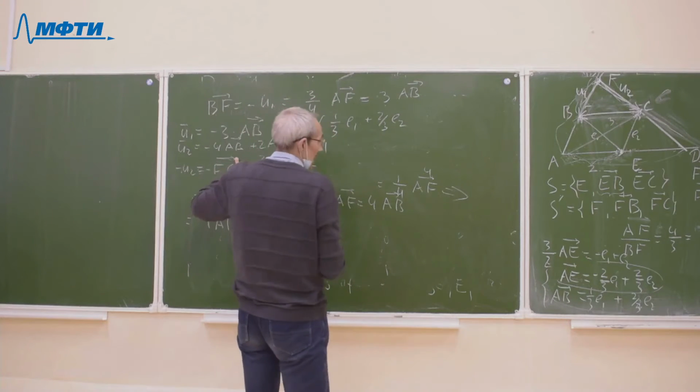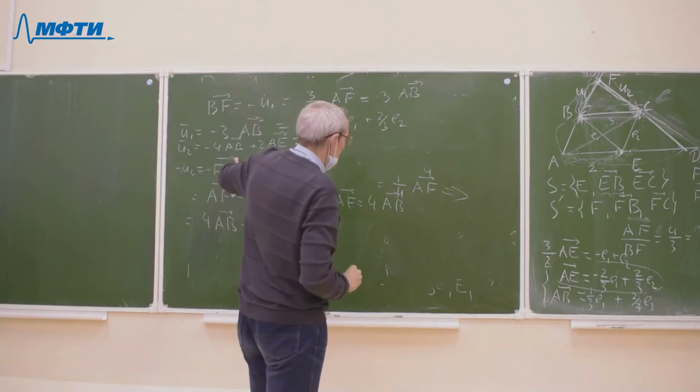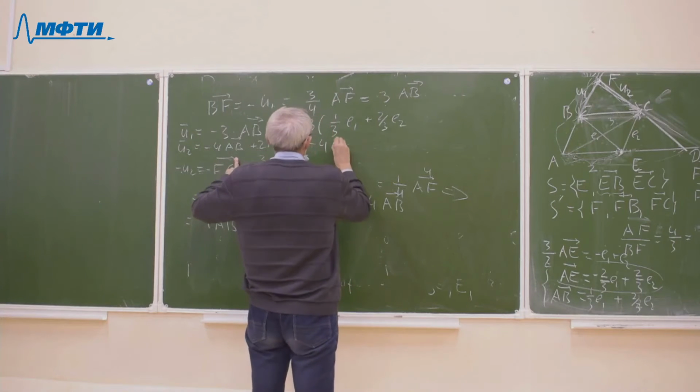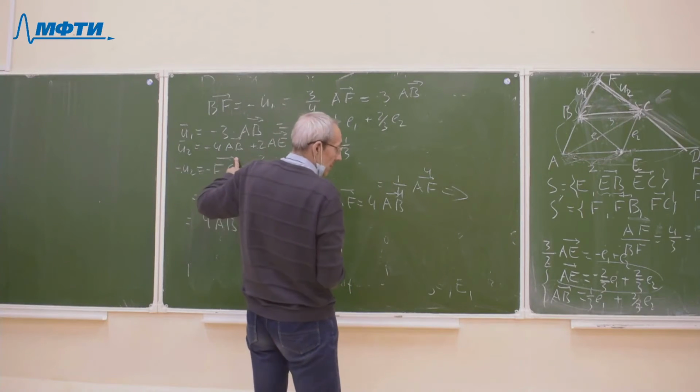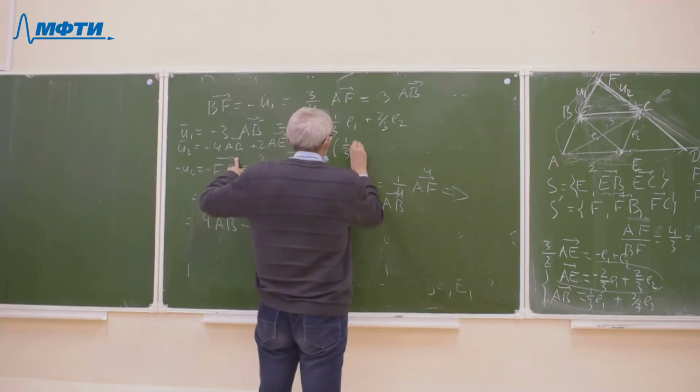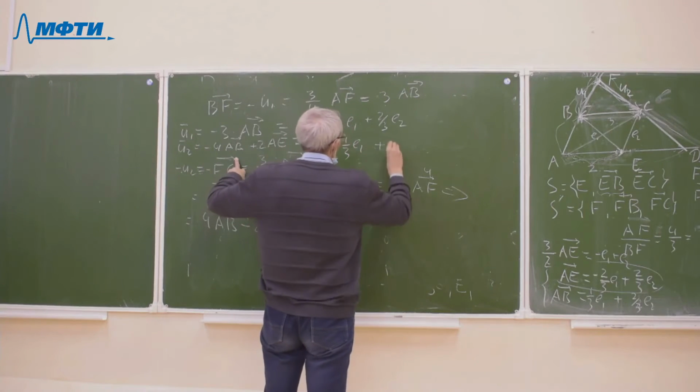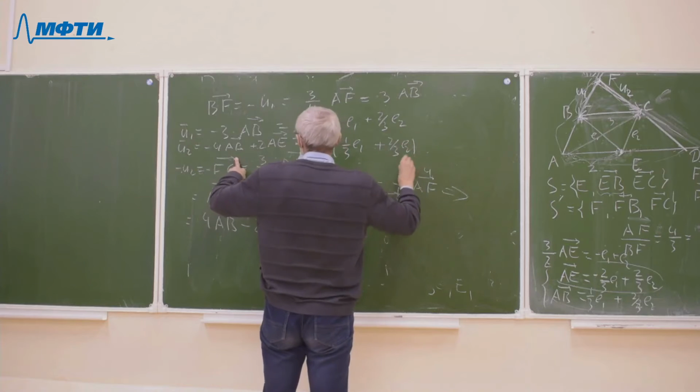Minus 4 AB, minus 4 times 1/3 E1 plus 2/3 E2 plus,